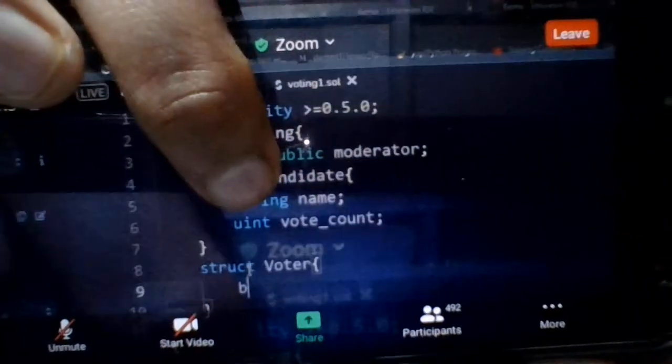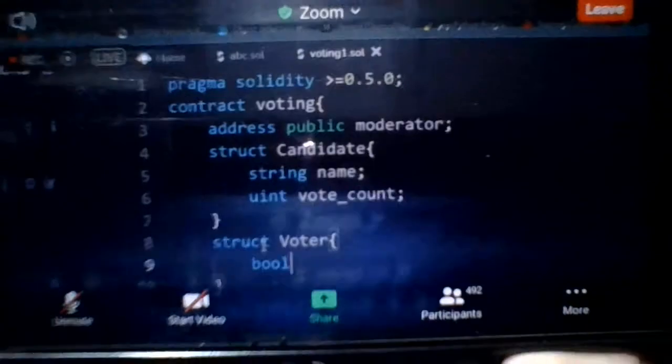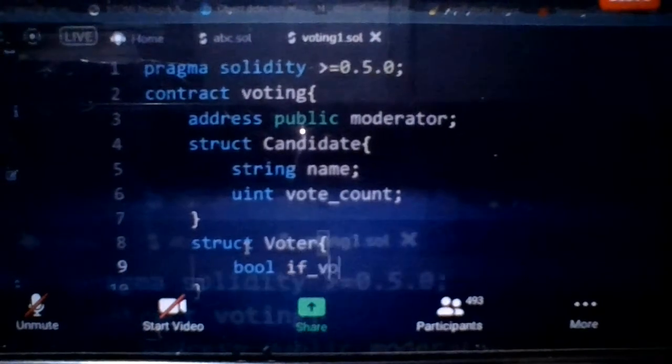If he has voted, can he vote again or not? For defining these policies, we have taken some variables. We'll start with a Boolean variable, bool. Boolean means yes or no, true or false. First, if he has voted: if this variable is true, the person has voted. If the voted variable is false, the person has not voted.